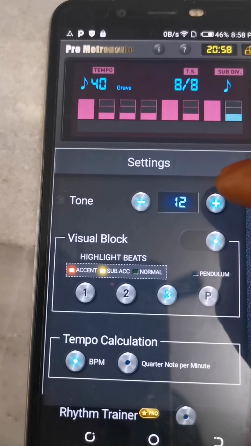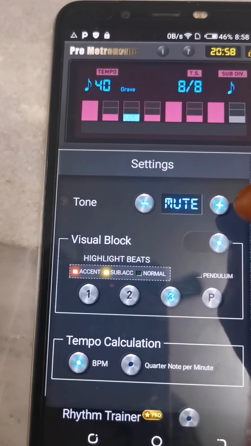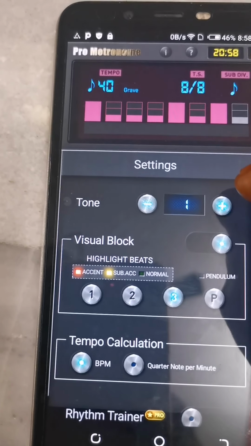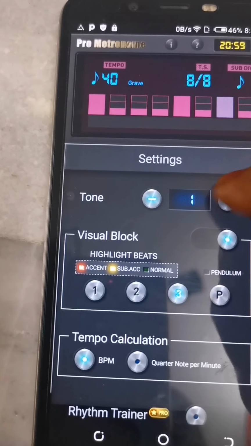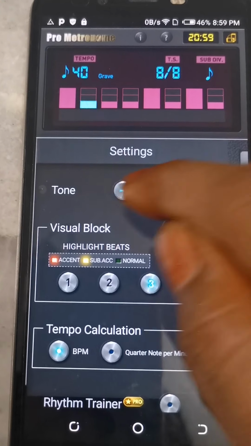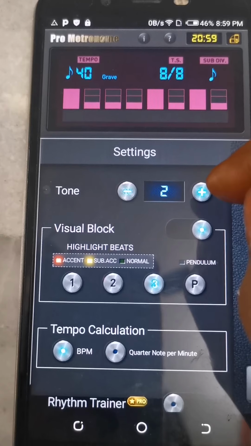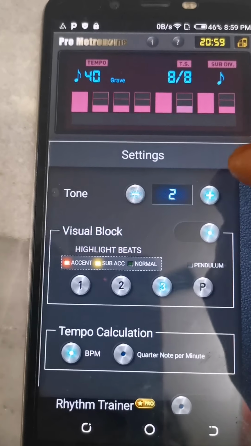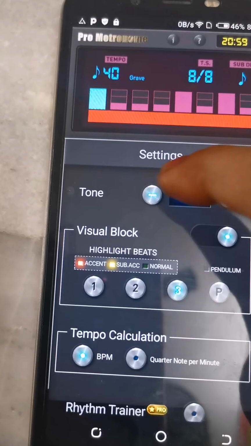Can you observe the tone is changing? 1 2. So whatever tone you like, you can set it.